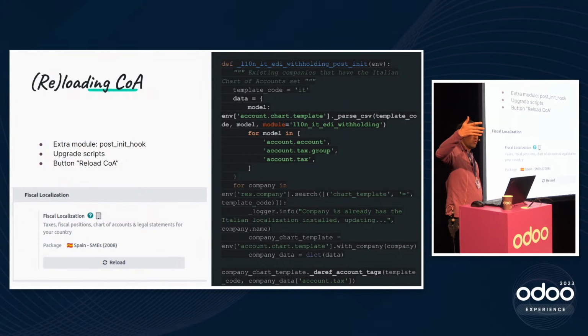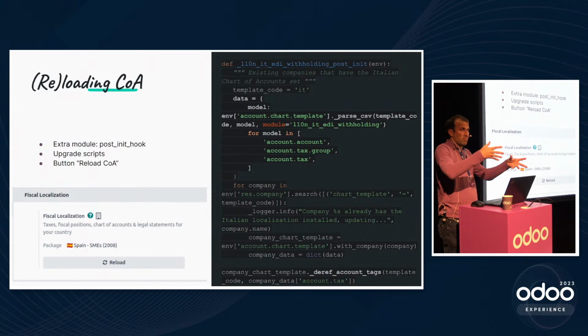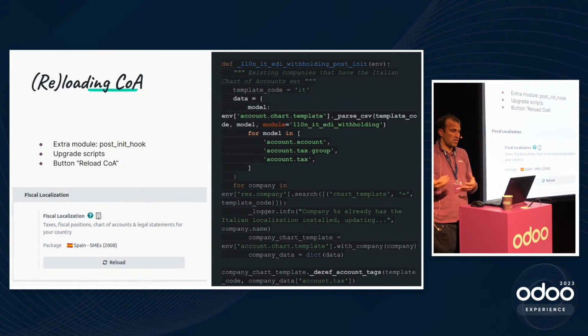why not be able to upgrade your account? Because it happens a lot that the law changes, and you adapt it in the accounts, but nobody has it because there was no way to update those accounts. And right now in V17, you will notice that when you install localization and then check, there will be a reload button. And you will be able to reload the COA, and so get all the latest